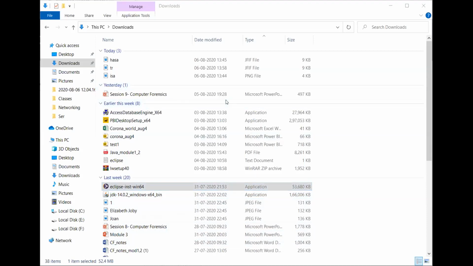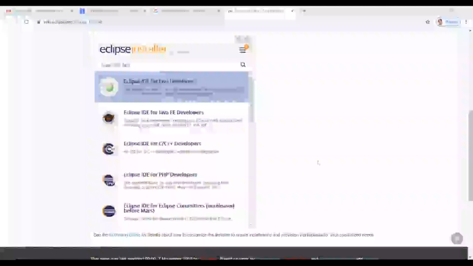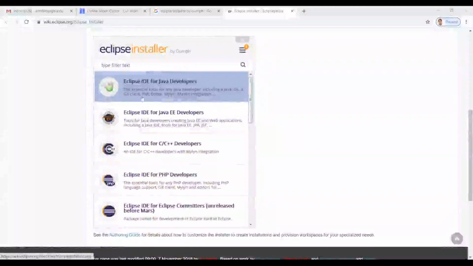You would see your Eclipse installer starting up. So when you open up the Eclipse installer, you will be getting a screen like this where we would be going for the Eclipse IDE for Java. But before you go for that, you will find an option over here with an information exclamation mark. Please click that and click on updates. Okay, so all updates would be automatically done to your machine.